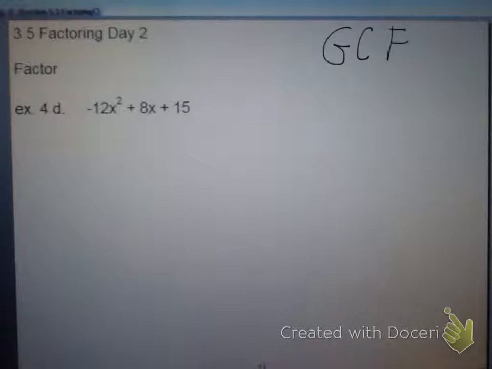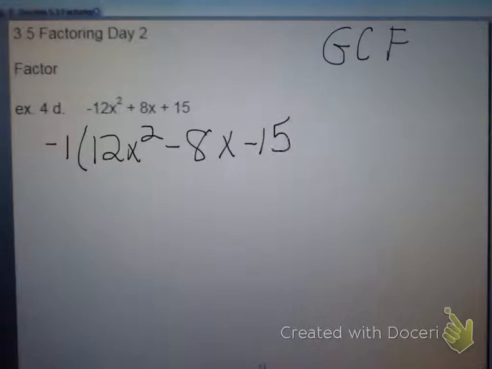There is not a common factor that goes into 12, 8, and 15. However, your first term is a negative, and you cannot have a trinomial with the first term be a negative. So we have to factor out a -1. When you factor out a -1, it changes the sign of all terms in the trinomial. Now, we can do the guess and check method,